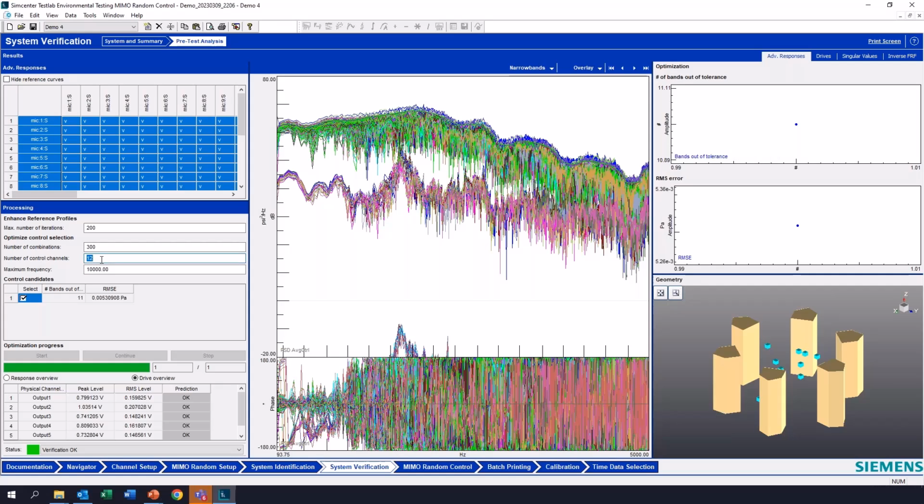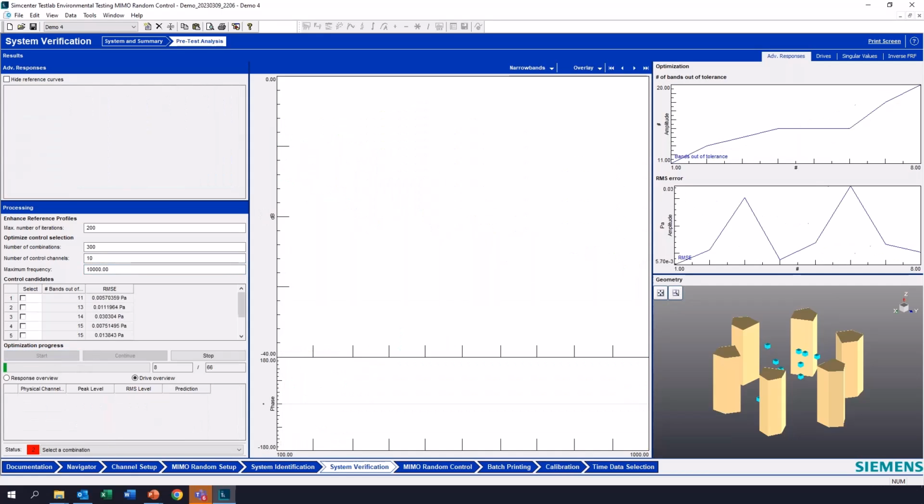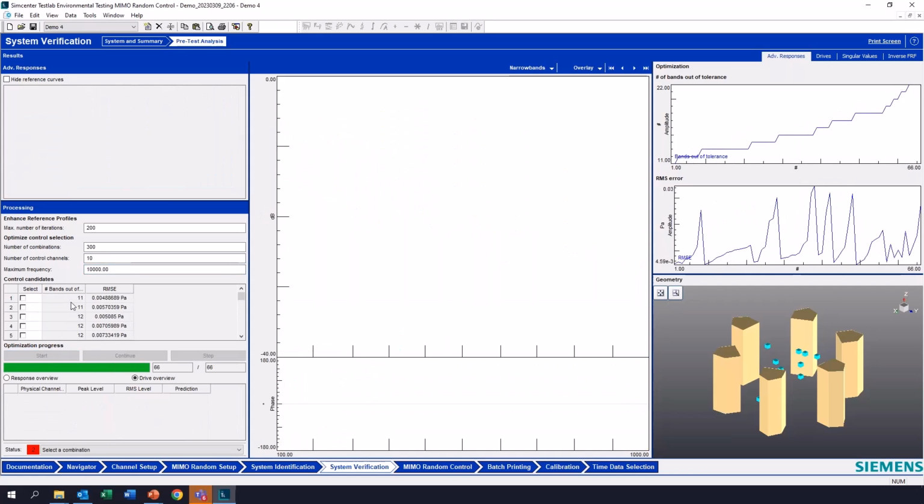So maybe we'll try excluding some microphones and see if we can get a better option here. You can see now I have a lot more options to pick from, and this is different combinations of reducing the number of control channels from 12 to 10.